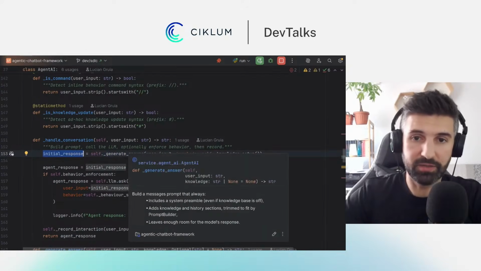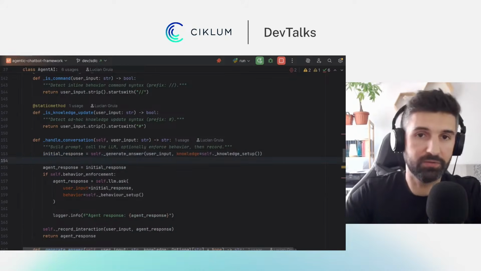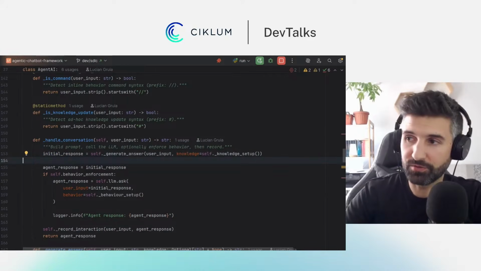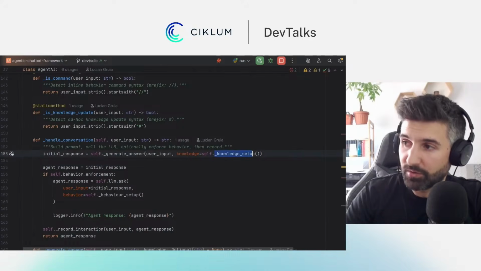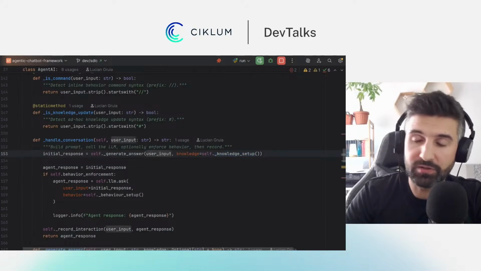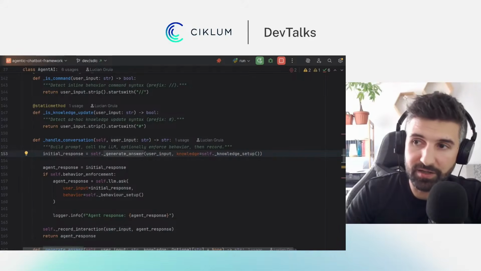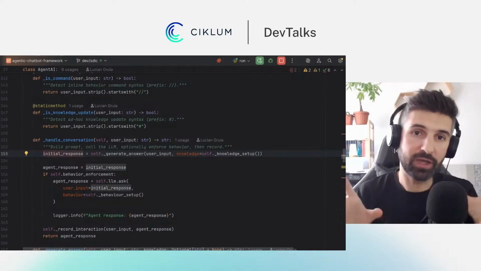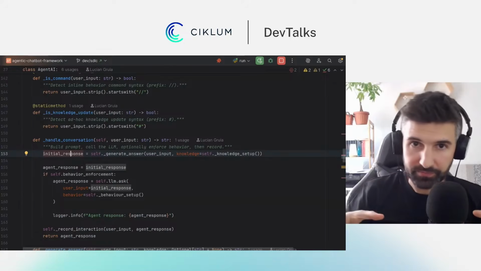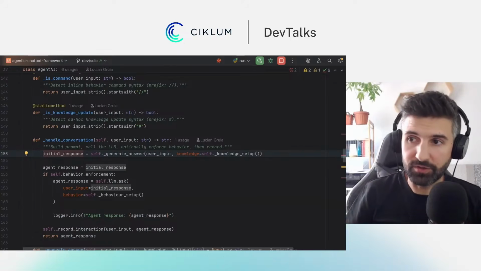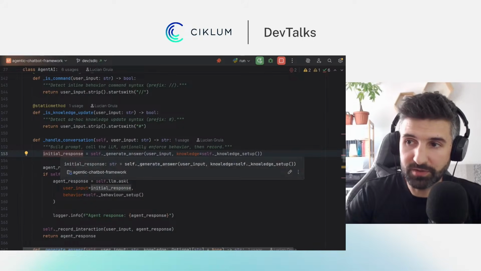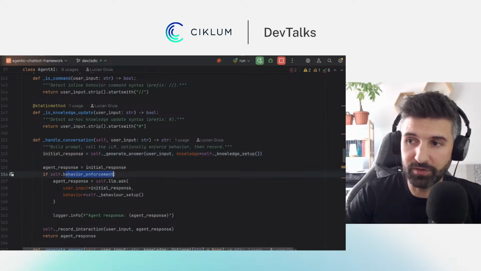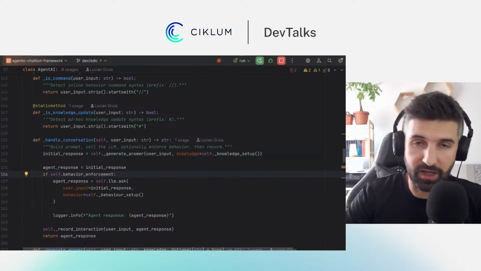This again can be even an empty string, or a hello world, or a default response. It is linked, as you see, to our knowledge base, of course, and it's also related to the user input, but still it's an answer. It's an initial answer. So here we have the computing effort on generating this response. After we have that response, if this behavior enforcement flag is turned on, it's active, then